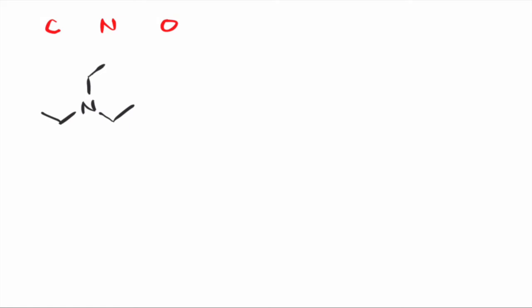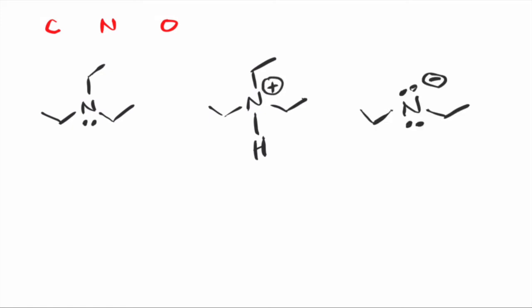There would be 1 more lone pair on this nitrogen, but we don't have to draw it in, but you can if you want. Now, if that lone pair was used in a bonding situation, then that nitrogen would have less electron density. It would be positively charged. On the other hand, if a nitrogen has less bonds than it typically has, so it has more lone pairs, then it would be negatively charged.